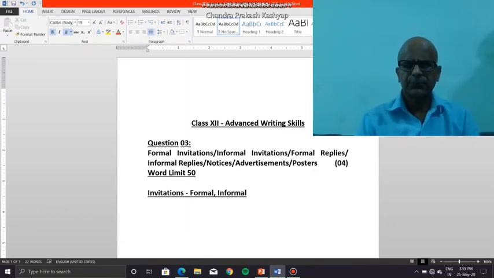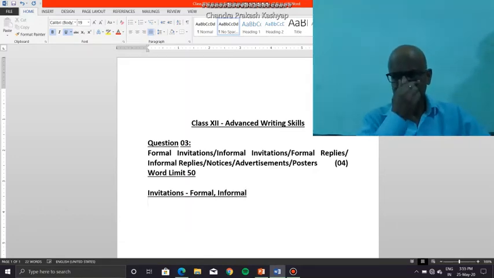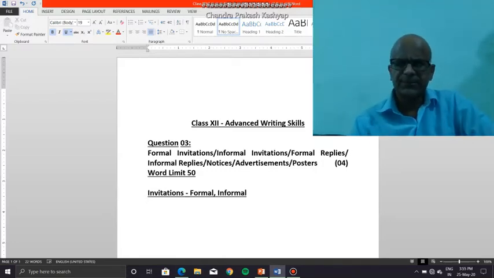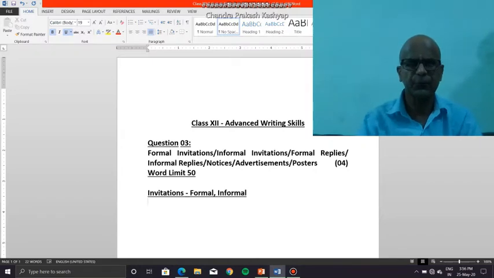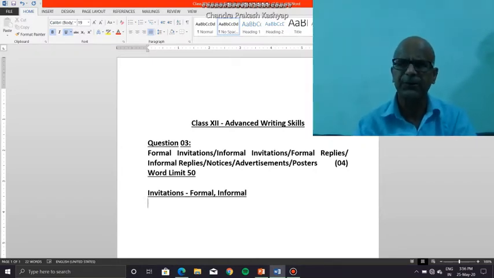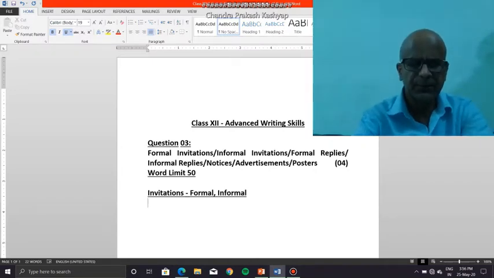Now, right at the outset, you must understand one very important thing. In section B of class 12, there is no informal letter that is prescribed. Informal letters are not in the syllabus. However, there may be a question in the question paper which resembles an informal letter. Now, how to find out what actually it is? If a question resembles an informal letter, it is not an informal letter, it will be an informal invitation